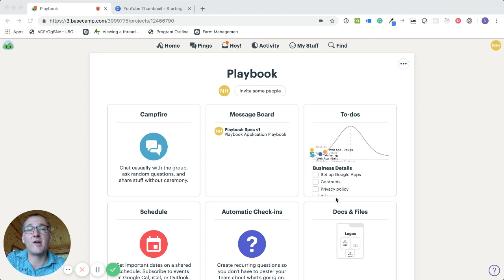What happened to me is I would send 10 changes to the developer via email. I'd get it back. Everything would look good. And then I'd send another six and the same thing, and then another five. Well, when I took a closer look, I realized that two of the eight didn't get done completely, and then one of the next six and one of the next four, and really it just kind of collapsed on itself. And at the time, I didn't know anything about project management, software development, Kanban or Agile,